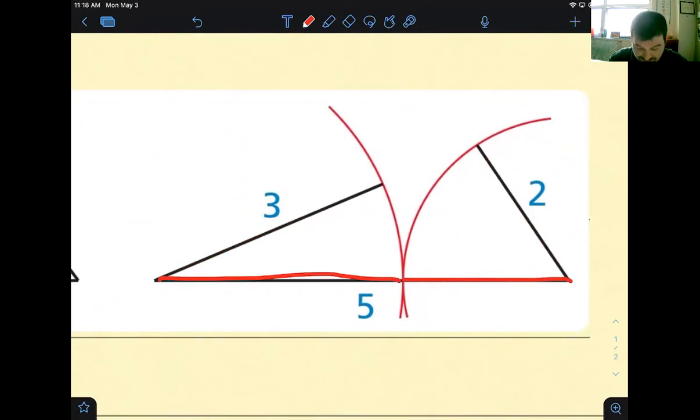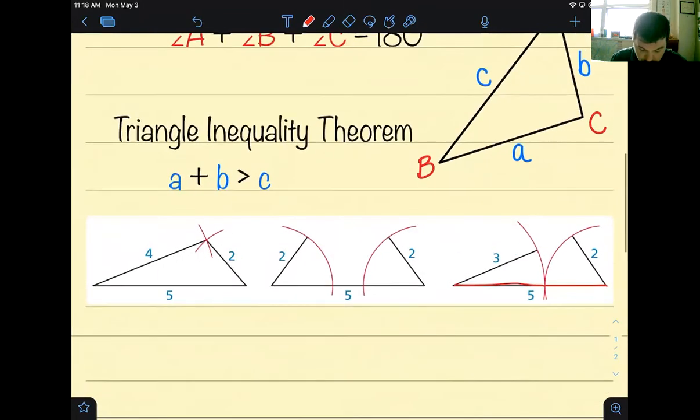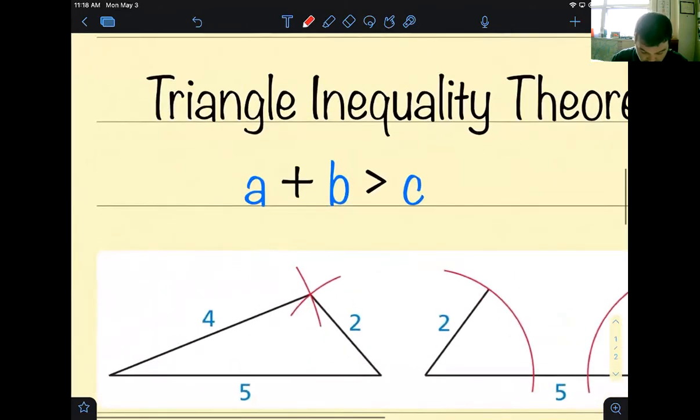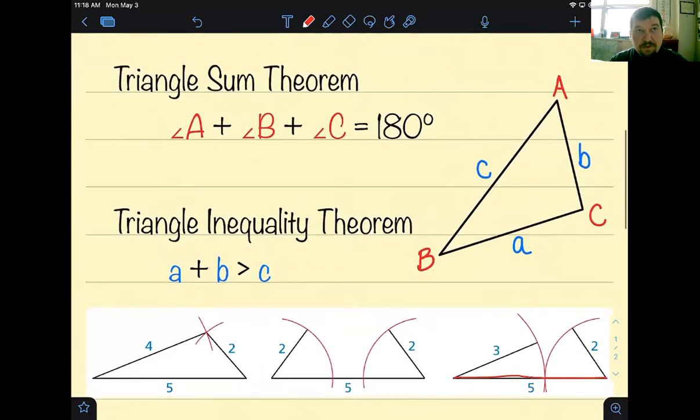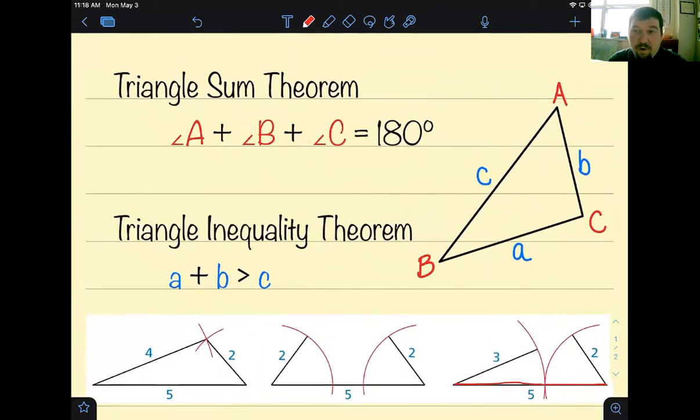So it's the triangle inequality theorem because the two shorter sides have to be greater than the longest side, not equal to. Equal to does not cut it here. The two short sides have to be larger than the third side. So these are the two theorems, the triangle sum theorem and the triangle inequality theorem, that we're going to use